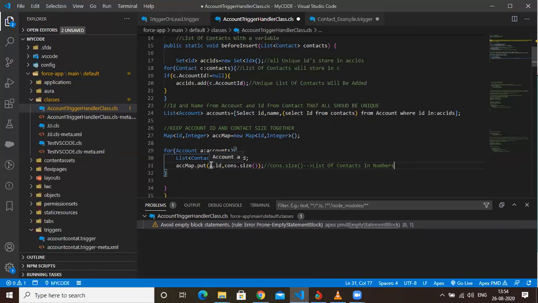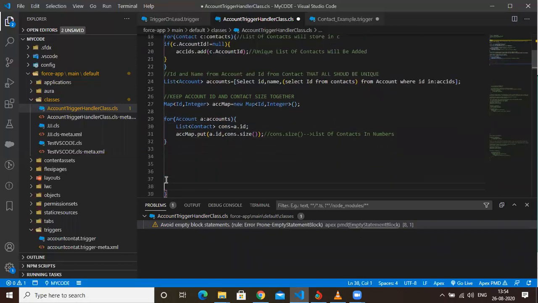So basically here, what I did, all the data from accounts for each A, later on my account.id will be here and my contact is there. Now all together I put both of them in this, where my account.id is also there and my contact size will also be there. Okay,